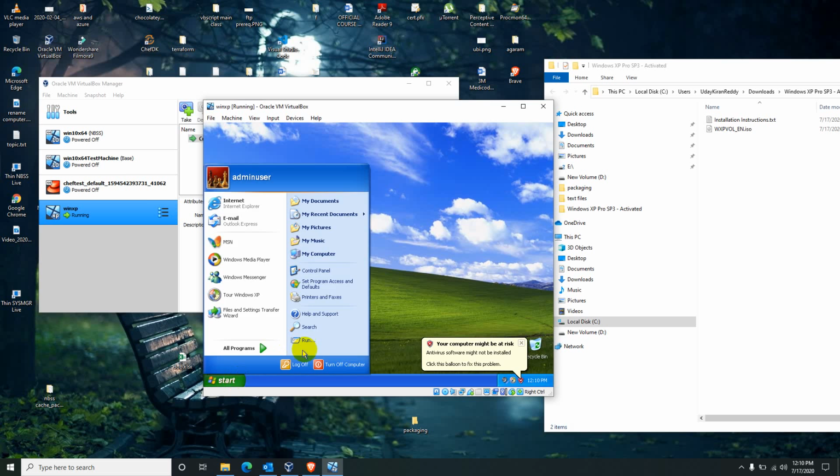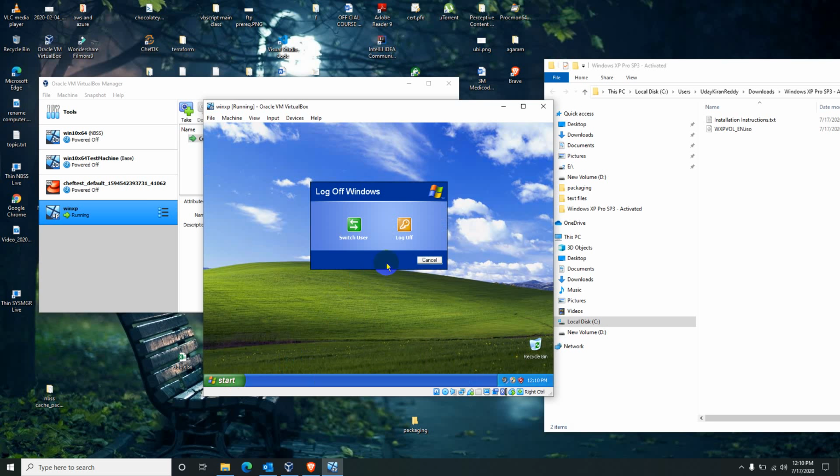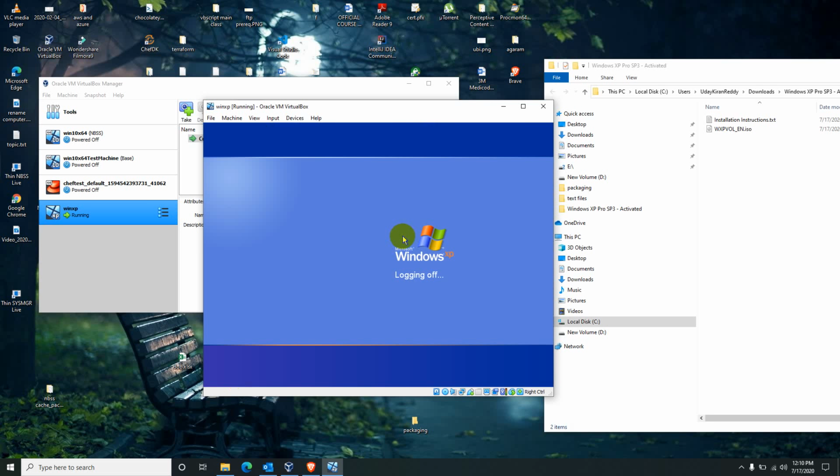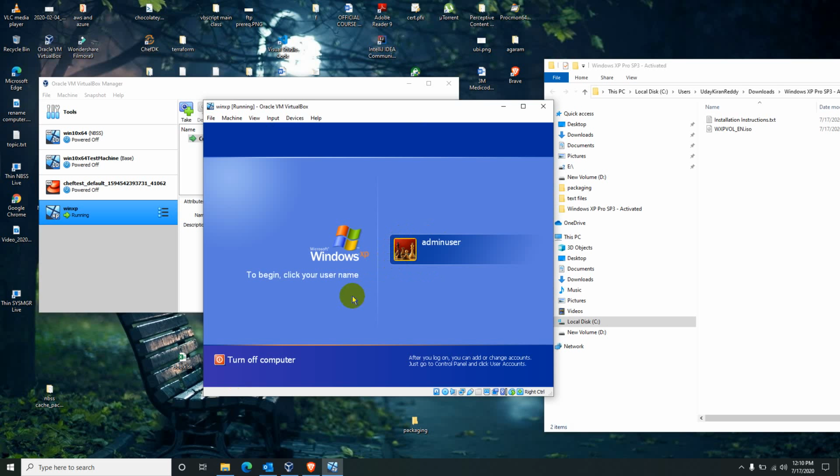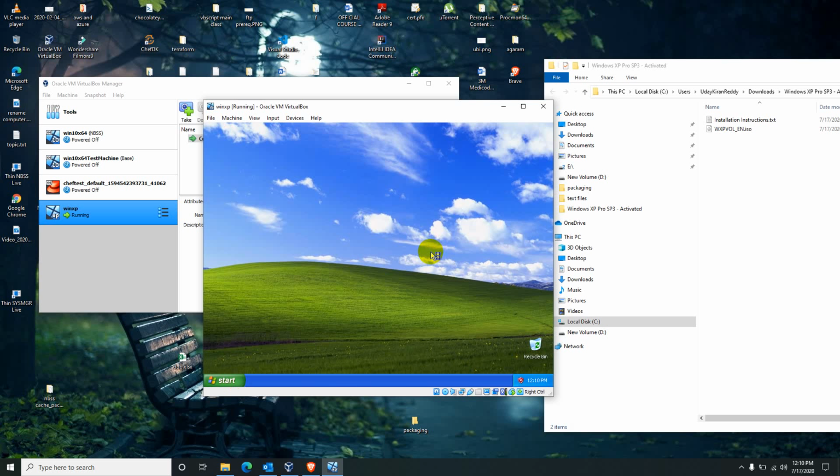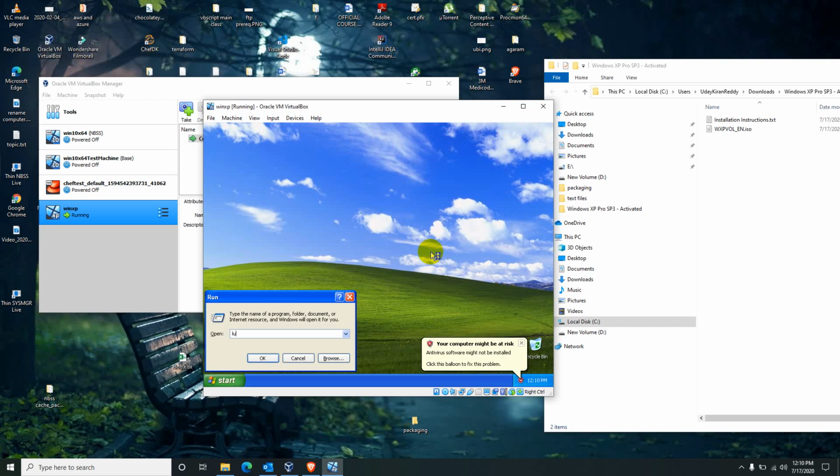But in the logon screen, you can see only the admin user is available. Because, go to lusrmgr.msc.